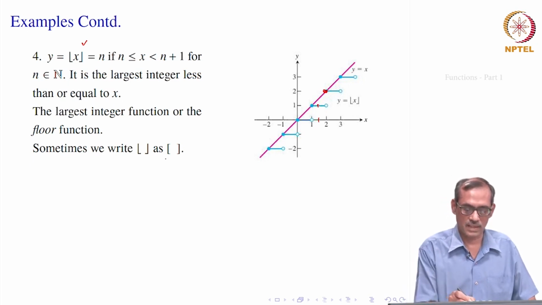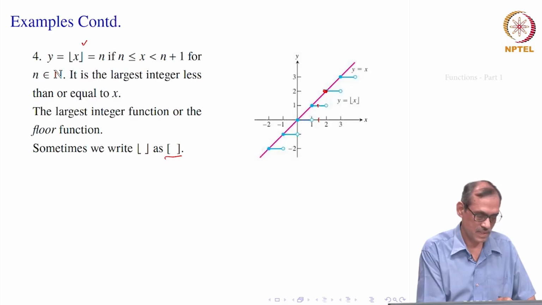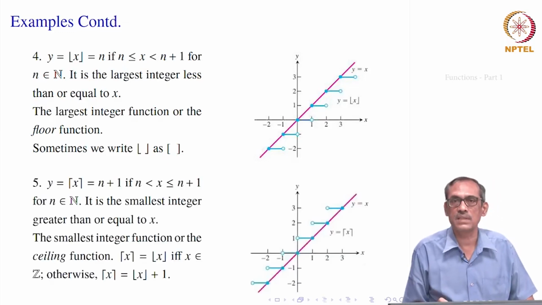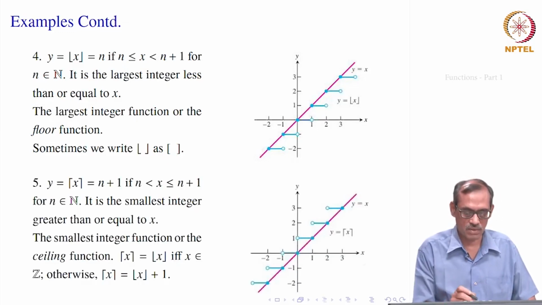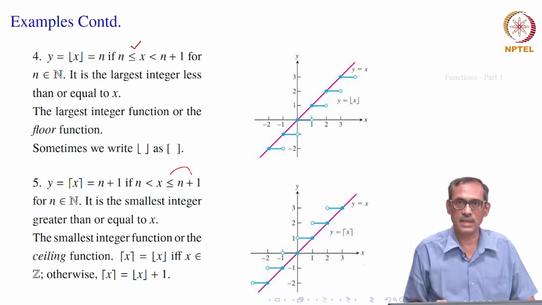Sometimes we write it as the integral value also, but there is also confusion in notation. We will write floor now. There is a similar related function which is called the ceiling. So, what does it do? It takes to the next value, that is y equal to ceiling of x, which is n plus 1 in the same interval, but look at the equality sign. Here n is equal to x in the floor, but here in the ceiling x is equal to n plus 1. Equality sign is moved to the next interval.